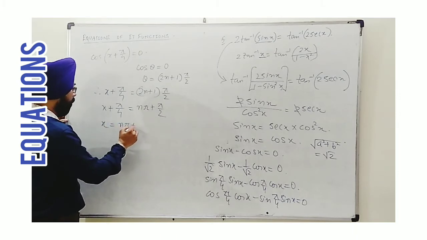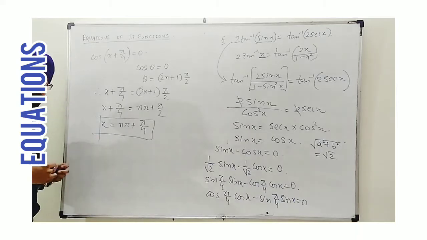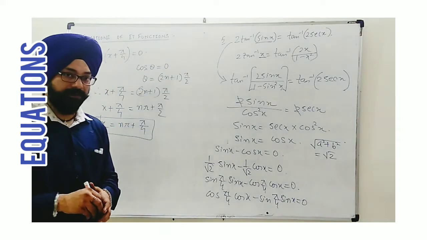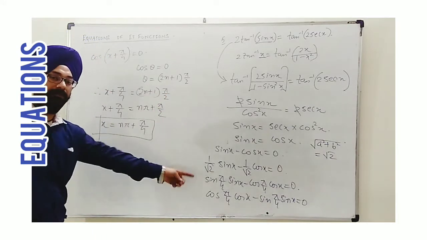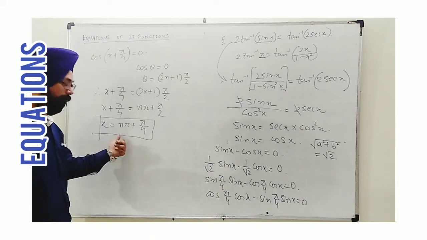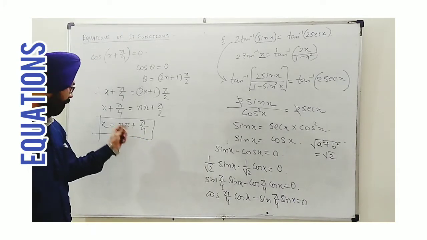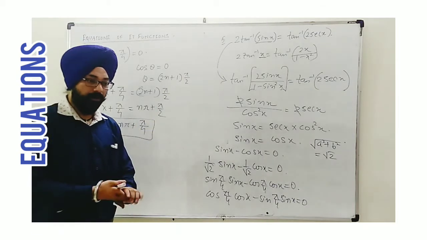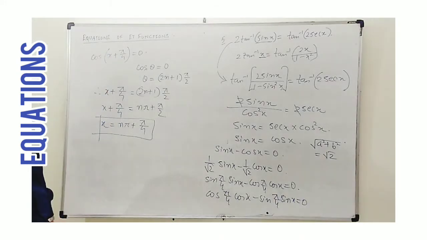So we get nπ + π/4 as the general solution. General means what? This is not having one solution only. Infinite solutions can be presented to satisfy this value. By the way, previously what we got, π/4 and nπ + π/4, both will be correct. This will be the general answer, but that also will be accepted. So you can present whichever you want to follow. I hope this one is understood.